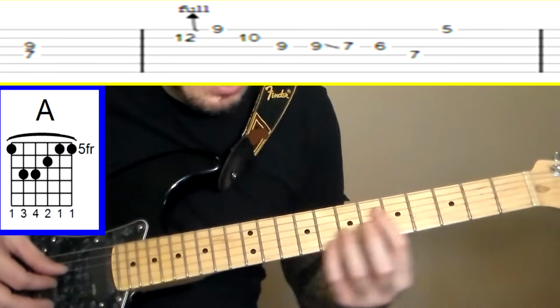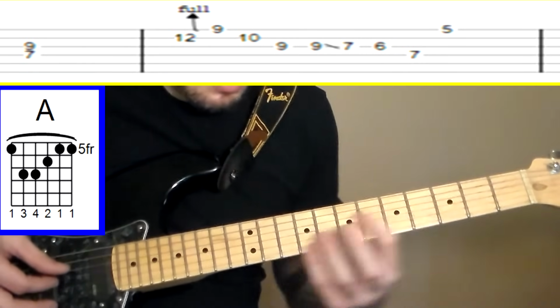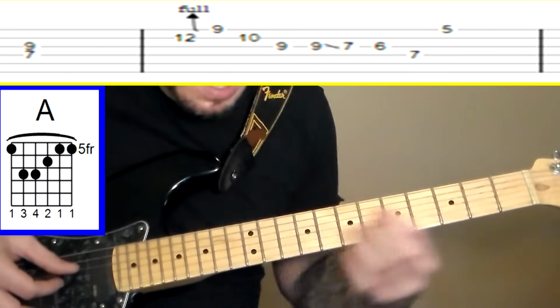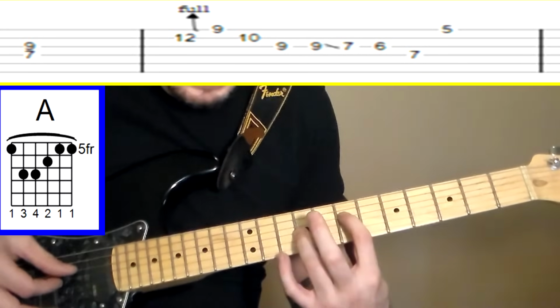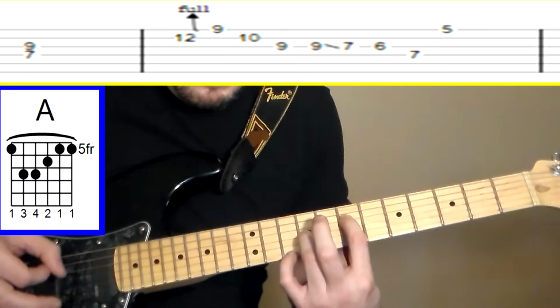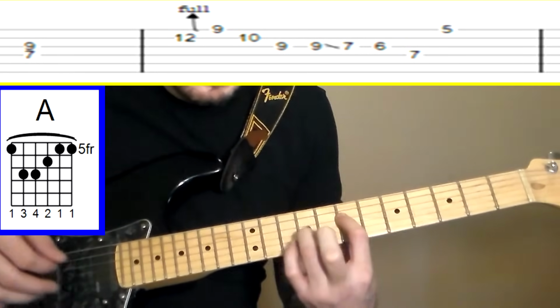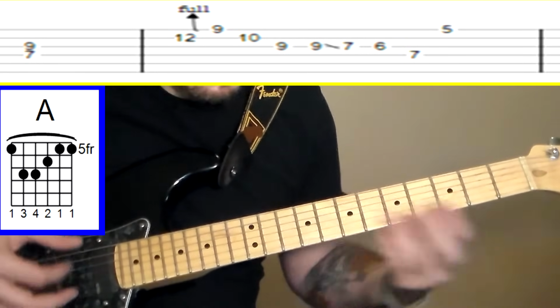And the first fill is just, since he's playing over the A chord, it's basically an A power chord. But it's done on the D and the G string. Okay, and he uses some tremolo here. Alright, and then it goes back into the...